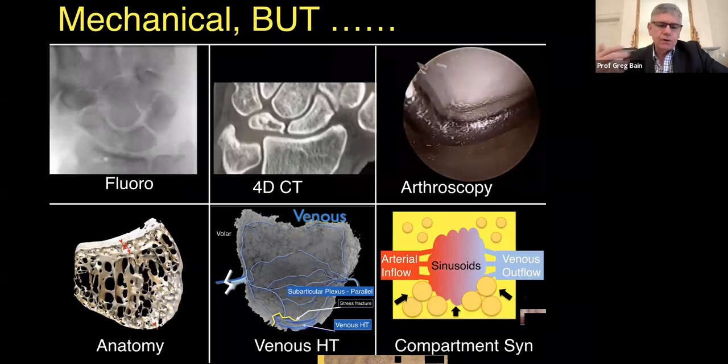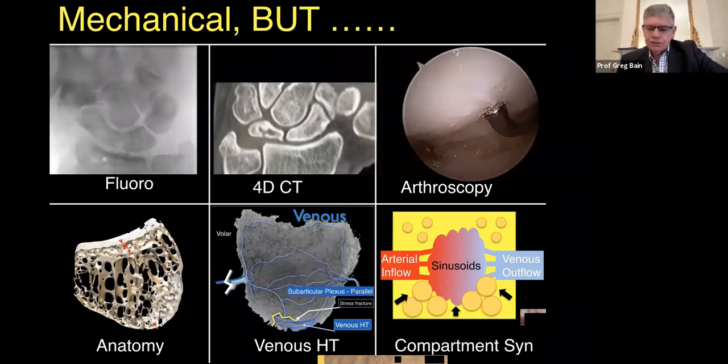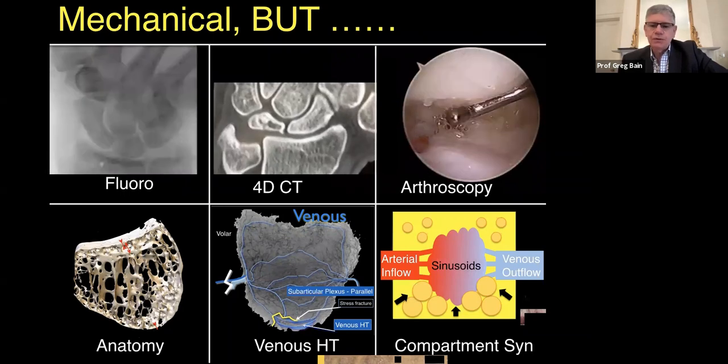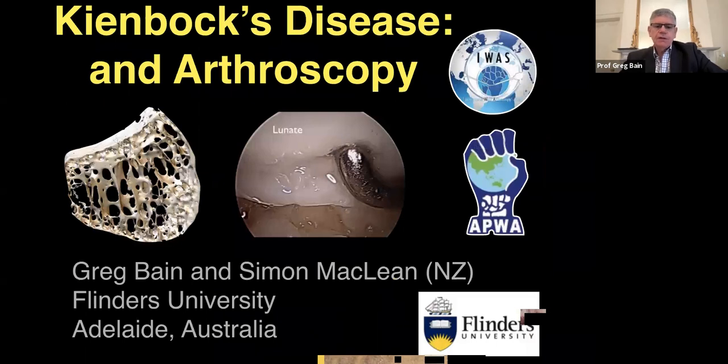And I really think the primary osseous anatomy, the venous drainage, and also the concept of compartment syndrome of bone are critical factors in the development of Kienbock's disease. So I'd like to go on now and talk a bit more about arthroscopy and try and bring this back into the clinical realm. I'd like to acknowledge Simon McLean has been involved, particularly with the more recent review of